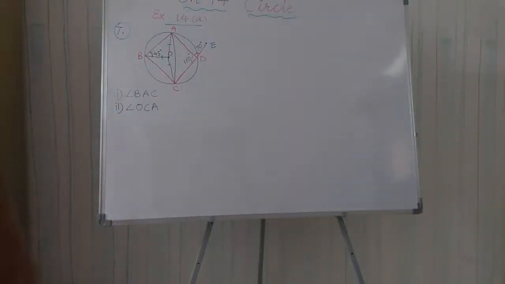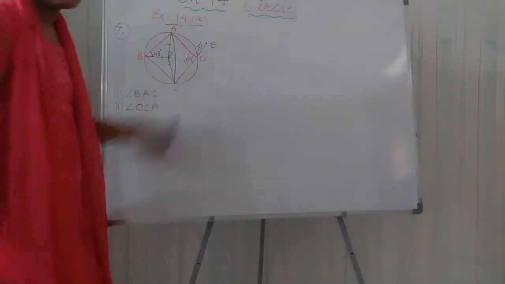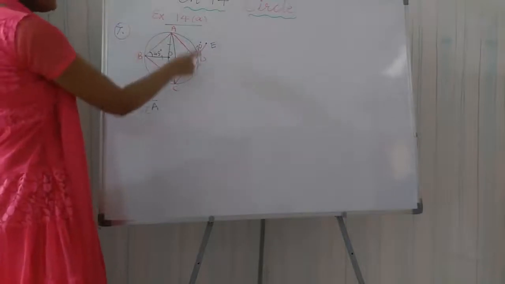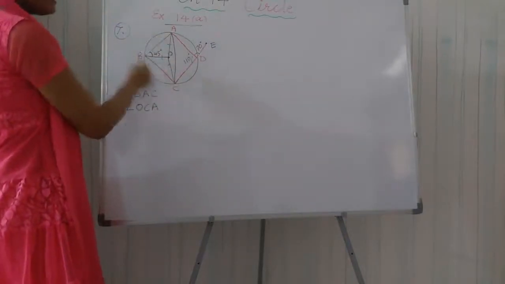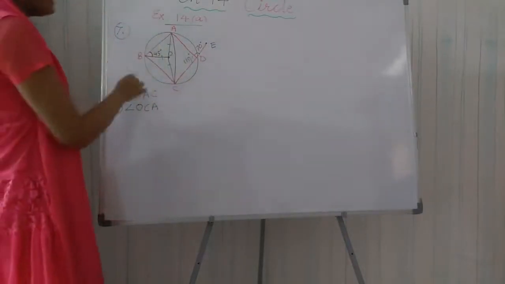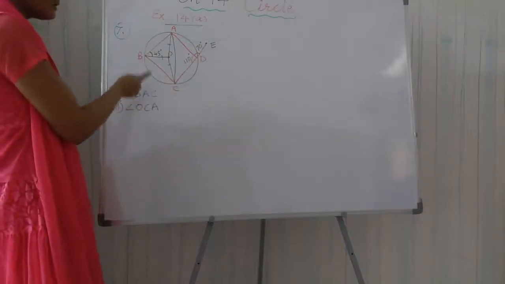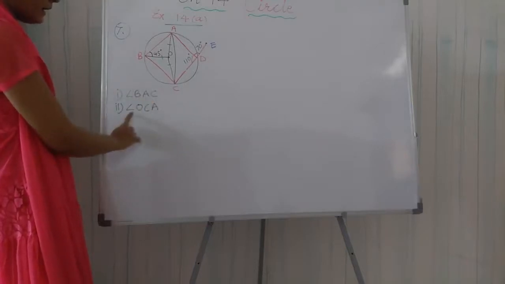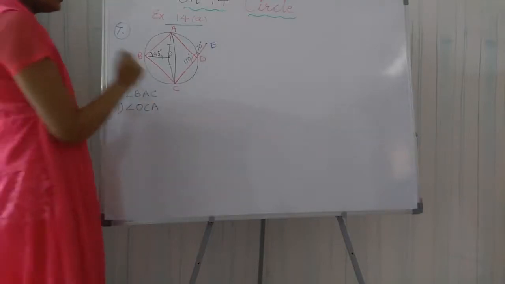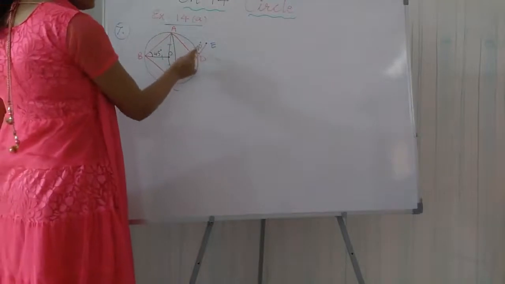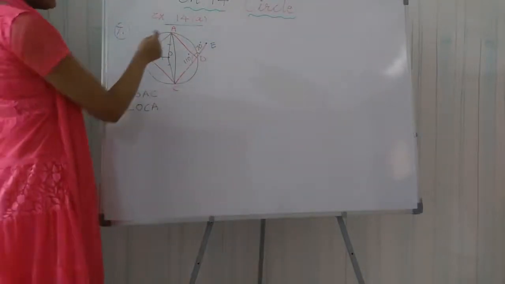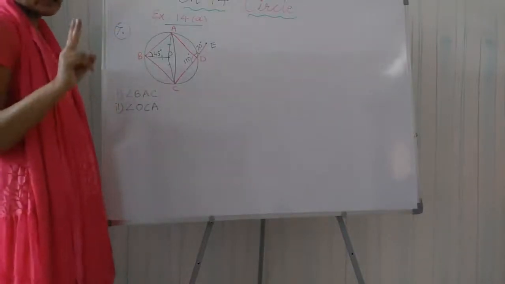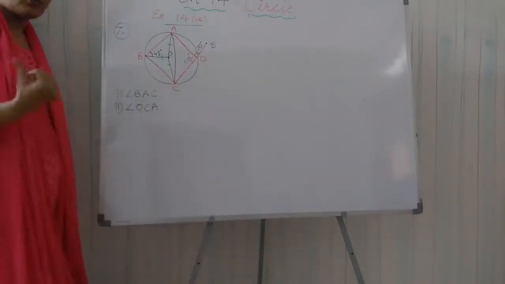Okay students, question number 7 I am taking now of exercise 14A. Question 6 you shall do by yourself. Now here the figure is given like this. ABCD is a cyclic quadrilateral inscribed in a circle, you can see, and you have to calculate two angles, angle BAC and angle OCA. Also you are given angle ADE 70 degrees and angle ABO as 45 degrees. Only these two angles are given and two angles we want to find out.